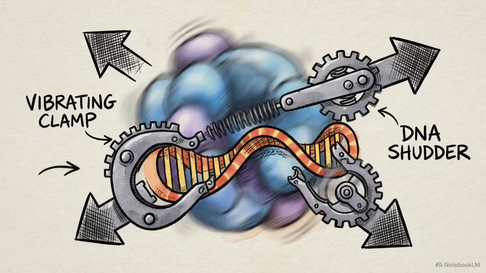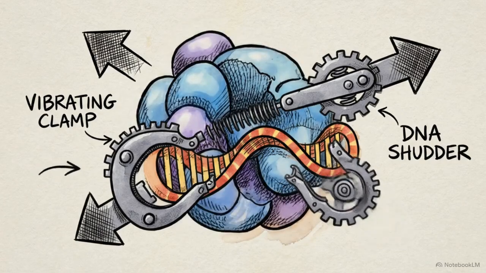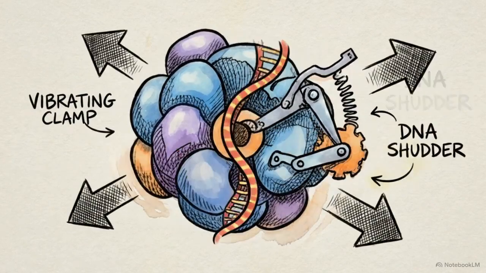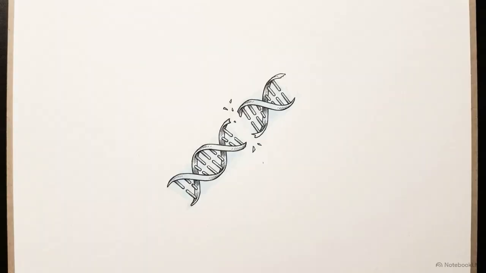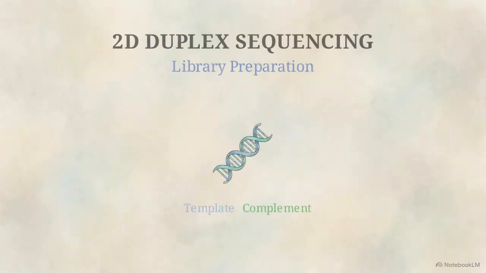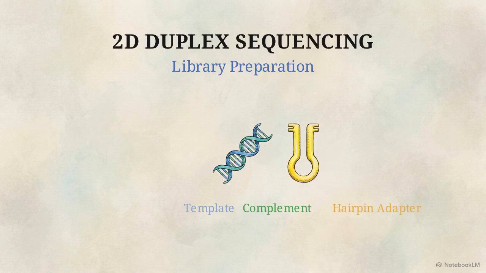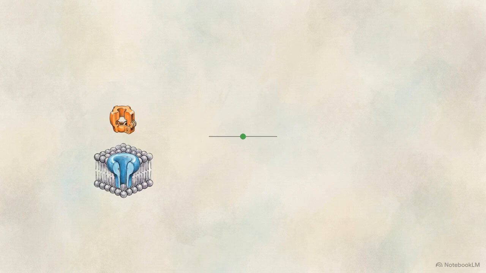That remaining error margin consists of homopolymer indels, insertions or deletions that occur when the helicase motor occasionally stutters or re-grabs the DNA strand. In standard 1D sequencing, once the template strand drops through the pore, it is gone forever. The read cannot be verified. To correct this, scientists manipulate the library preparation, creating 2D duplex sequencing. A physical hairpin adapter is ligated to one end of the double-stranded DNA, permanently linking the template strand to its